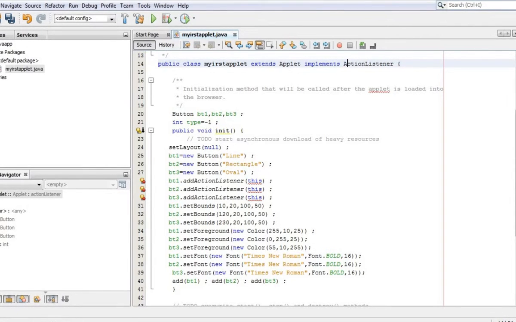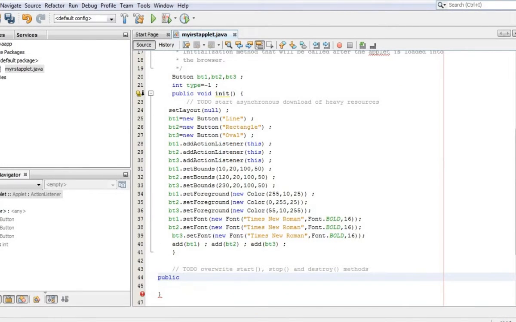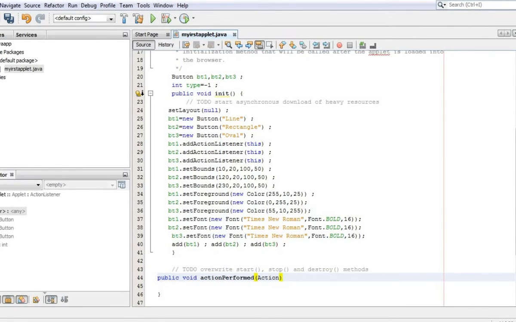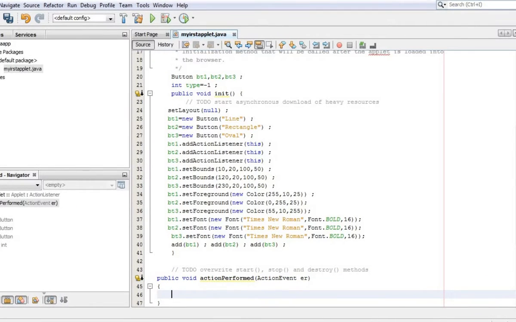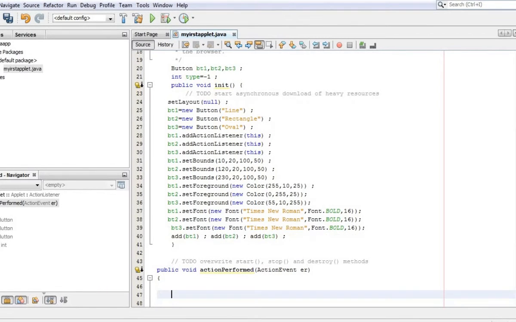Only then we will be able to handle the button events. So the method associated with ActionListener is, as you already know, public void actionPerformed. And as you know, it should have, as a formal parameter, a reference variable of the ActionEvent class.